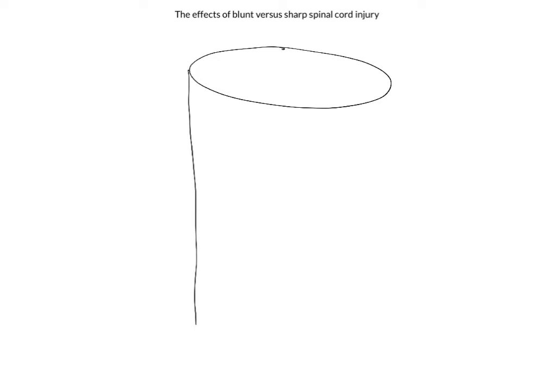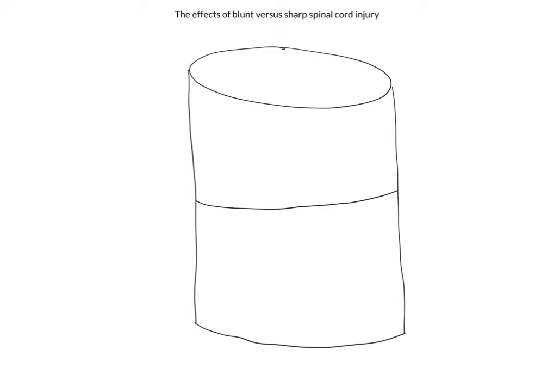So the first thing I'm going to do is draw a cartoonish depiction of the spinal cord just as a cylinder. Okay, so here we're going to draw a cylinder, and this is our spinal cord. And I'm going to represent just two adjacent segments of the spinal cord, and I'm going to put a line just across there. So these could be, for example, the C5 spinal cord segment, and this could be the C6